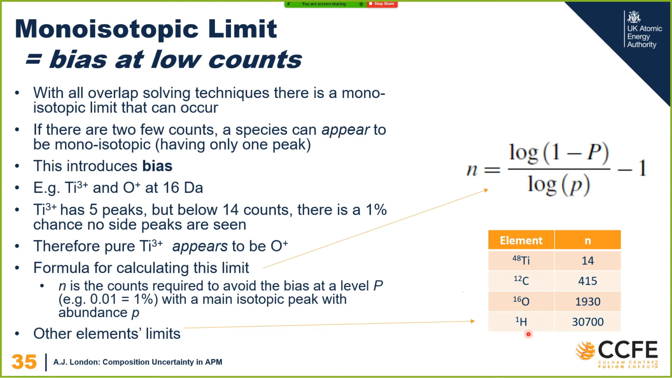So if you've got titanium, you need really more than 14 counts of titanium to be able to get any kind of a hint that it's something other than just a peak at, say, 48. So if you had carbon 4 and titanium, you can't tell those two apart at all if you've got less than 14 counts. And the same for hydrogen and deuterium. So,